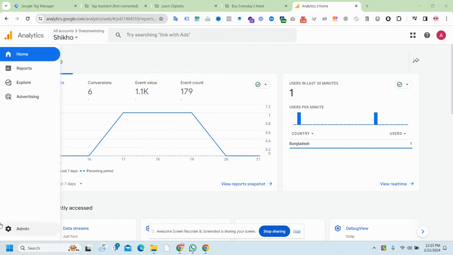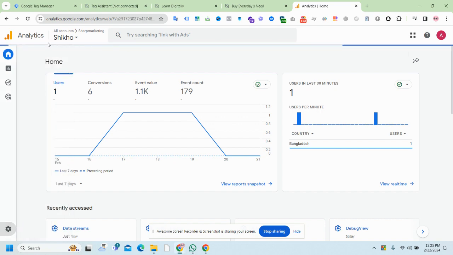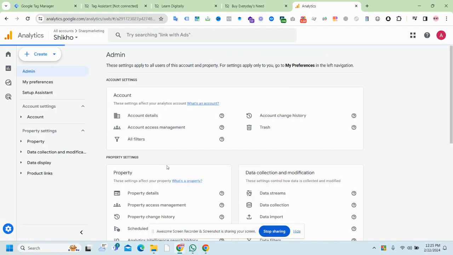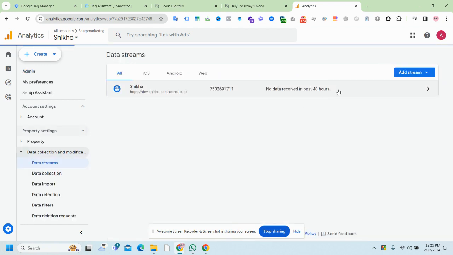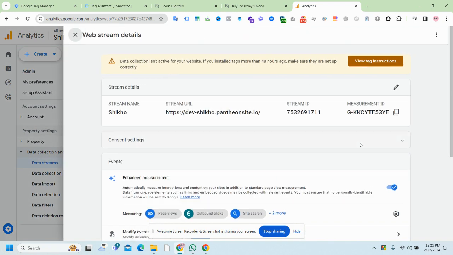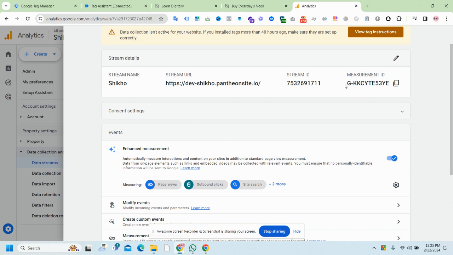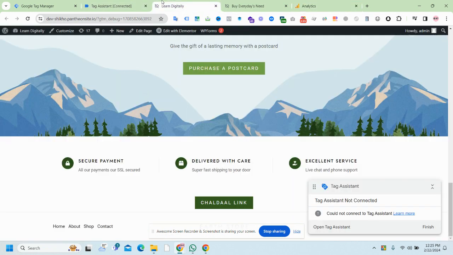Okay, there is our Google Analytics 4. Now I'm going to data stream. There is the measurement ID, G-YE. I'm just copying it, and we need to set up